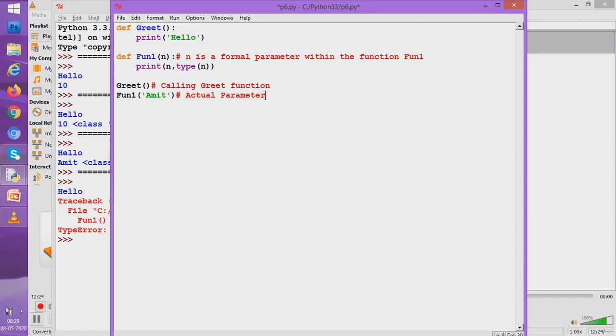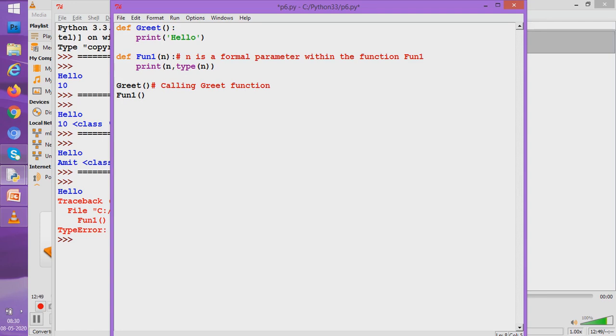Let us now delve a bit deeper into the things. What can we send? We sent an integral value, a literal 10. Then we sent a string literal, that is Amit. So you all know that we can send 10 like this. Now let us see, can we send an expression?